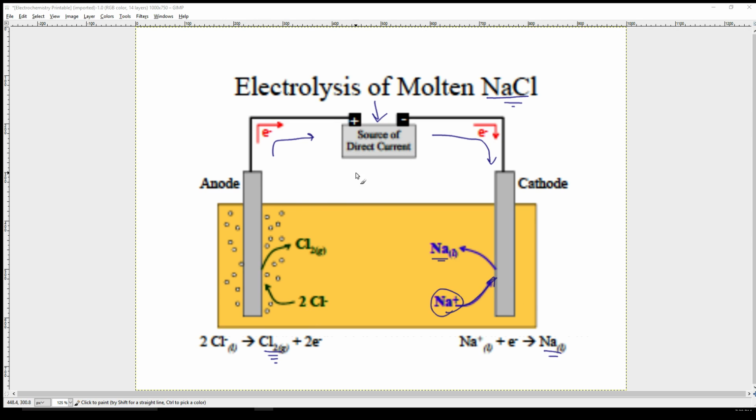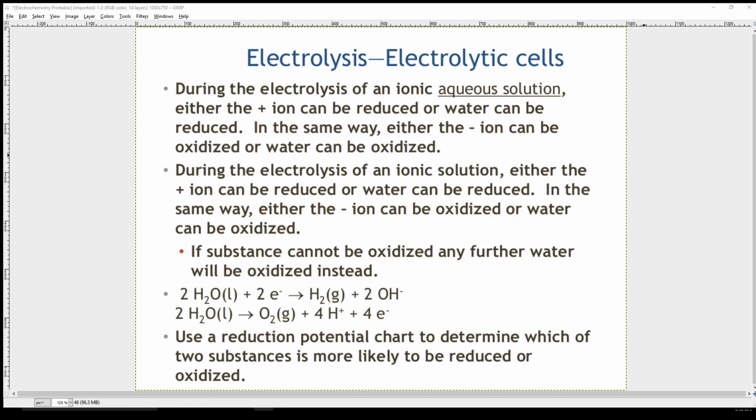That's pretty cool. This does not happen automatically. You need that source of direct current in order for this to happen. All right. During the electrolysis of an ionic aqueous solution, either the positive ion can be reduced or water could